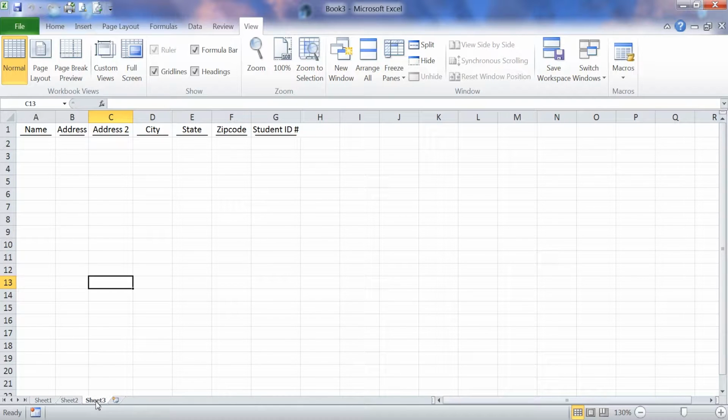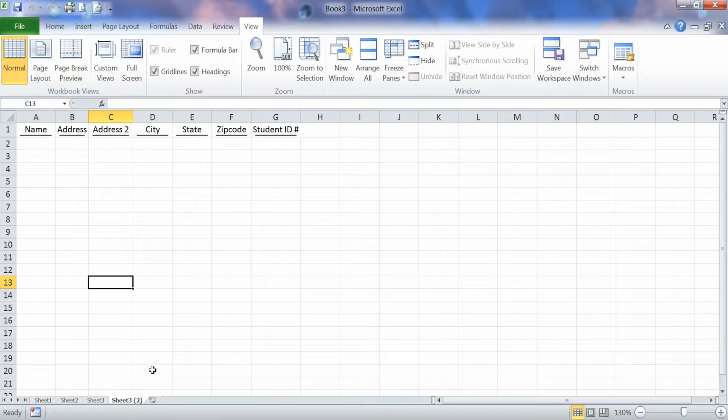So if I go down here and I'm sitting on sheet 3, if I hit Control and hold it and then left click my mouse on my cursor, I have a plus in that little rectangle, and you'll notice that black triangle follows me wherever I go. What this is going to tell me is that I can copy my current sheet. It's going to wind up just to the right of sheet 3. And we've got the same headings here now, and it's in sheet 3,